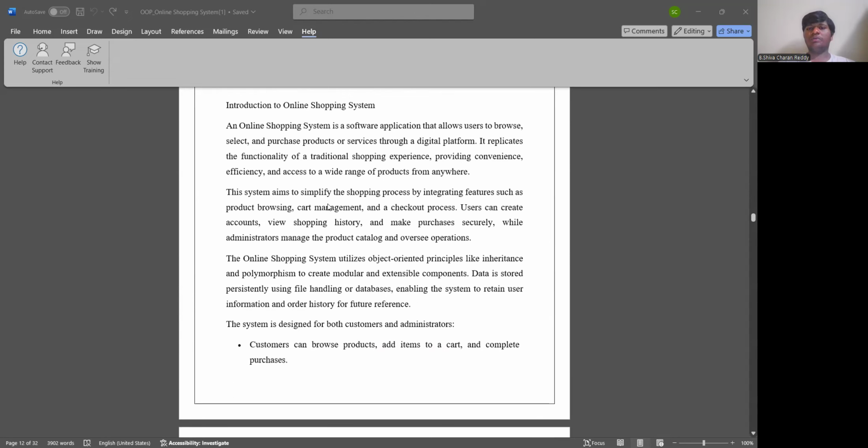Introduction to it. An online shopping system is a software application that allows users to browse, select, and purchase products or services through a digital platform. It replicates the functionality of a traditional shopping experience, providing convenience, efficiency, and access to a wide range of products from anywhere. The system aims to simplify the shopping process by integrating features like product browsing, cart management, and checkout